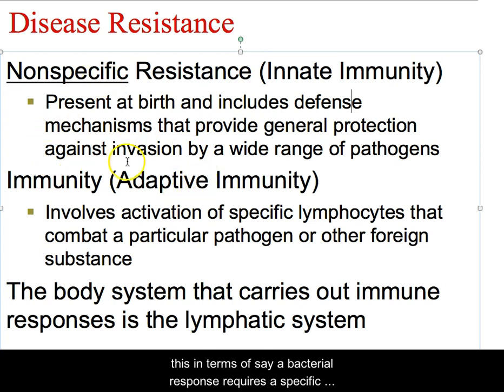Adaptive immunity, though, requires a specific white blood cell, a lymphocyte, to actually be activated by a unique pathogen, a particular pathogen, or a foreign substance that's detected inside the body. And these are, as you're going to expect, a multi-step set of activation systems that you're going to have to learn. And yes, it's difficult, but all we actually expect you to learn in this chapter is the general mechanism of activation. Beyond that, we're going to talk about other immune responses inside the lymphatic system in such a way that you really do walk out of this class understanding that